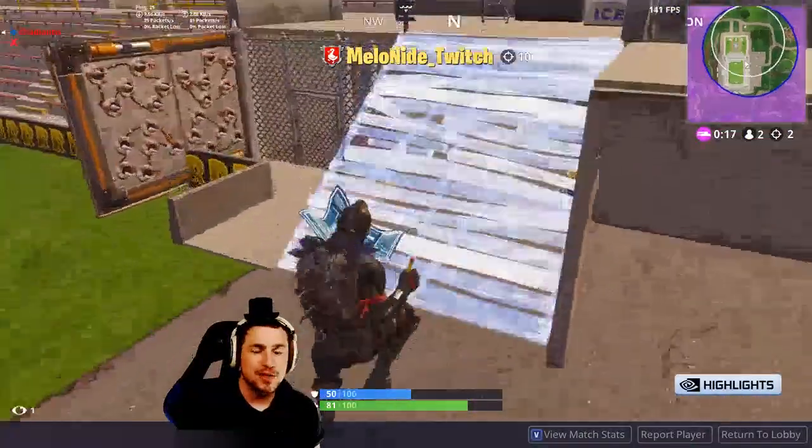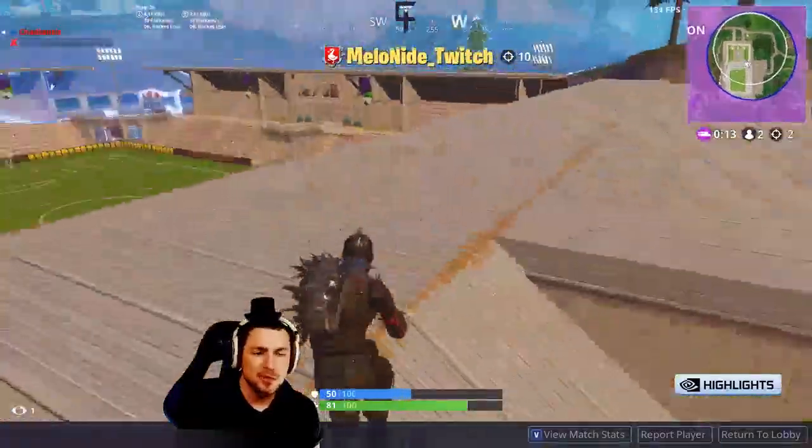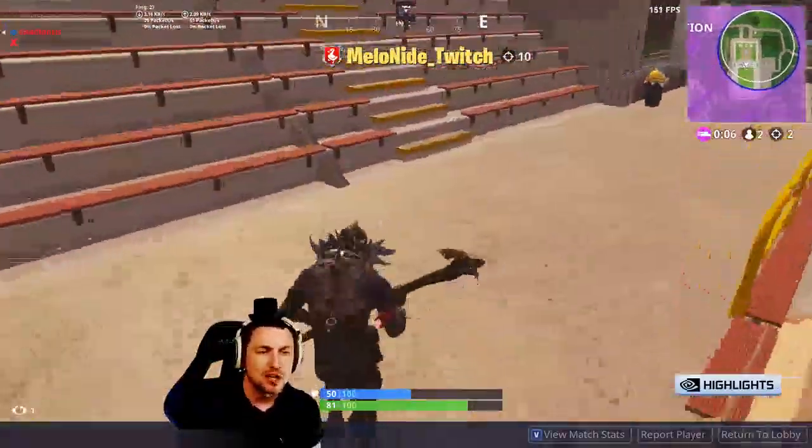Drops down, both players about the same elevation here. One player has boxed themselves in a little bit more in the soccer field. Melonide realizing high ground definitely is advantageous. He takes the top ground there, drops down a little bit because he's getting impatient, really wants to find where